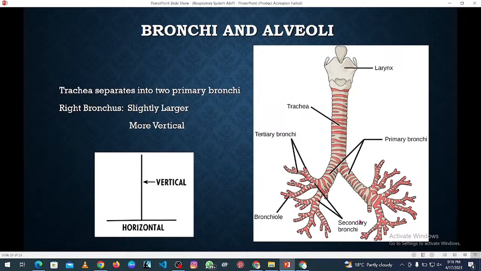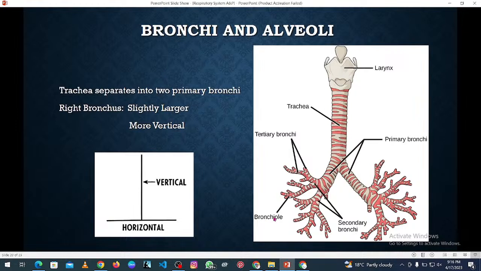The secondary bronchi further branch into tertiary bronchi, and the tertiary bronchi further divide. Just look at my cursor, it further branches into